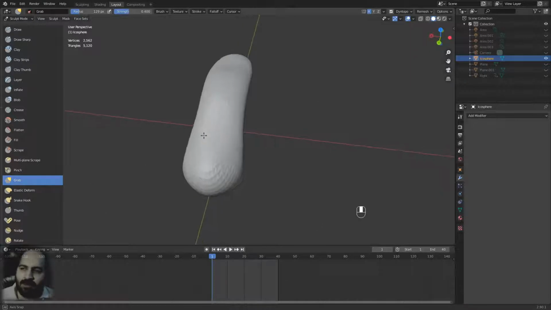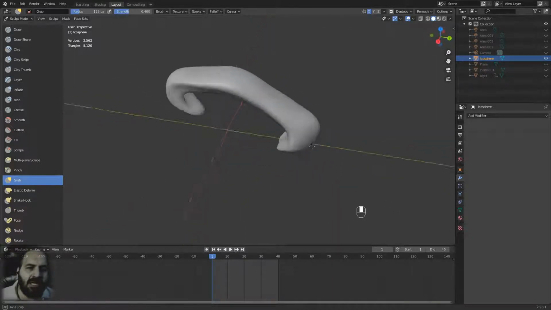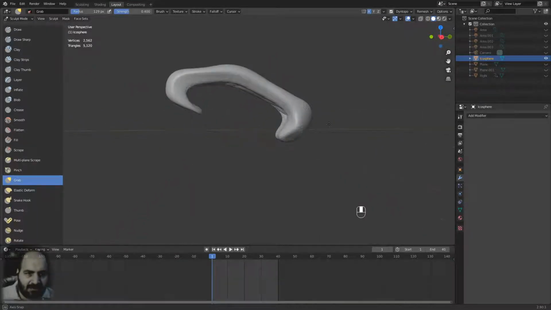So my brain is a blocky brain, because I know that's not the point of the video, to show the anatomy of the brain properly. But since corpus callosum is something that is being talked about a lot in the video, I just want to sculpt it nicely, so that